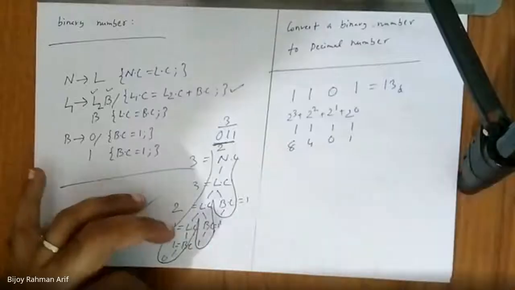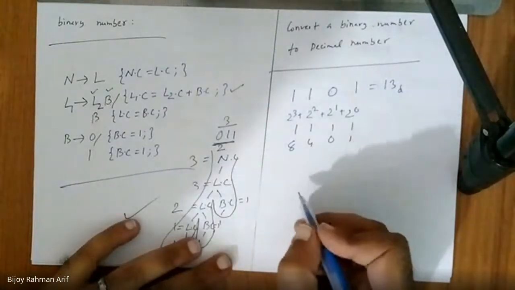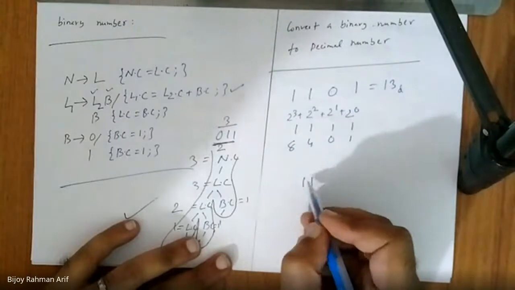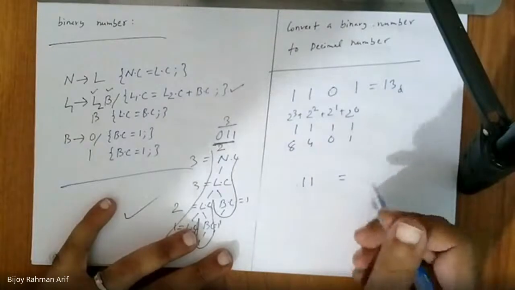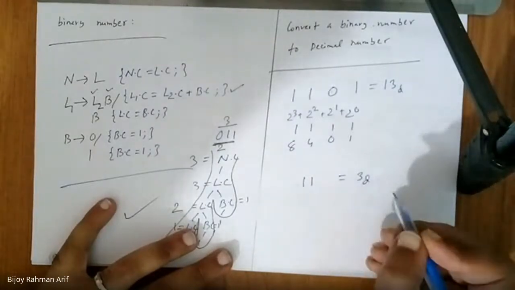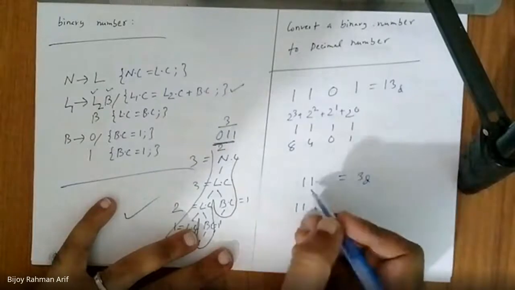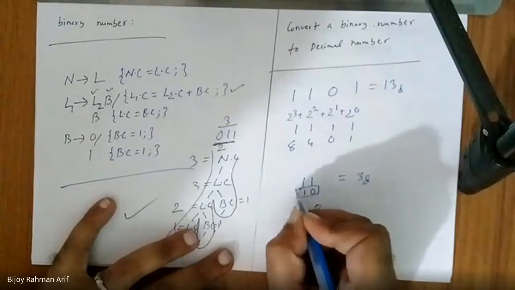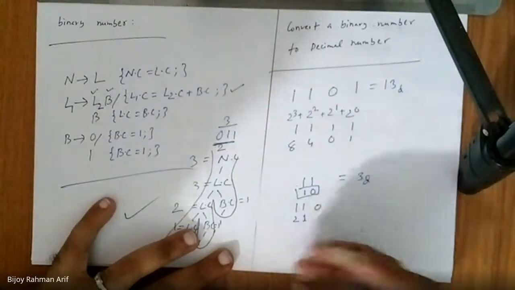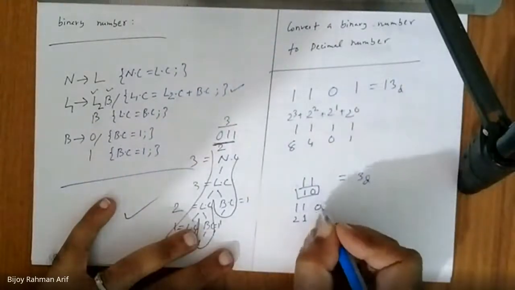Is there any other simpler way? Let's assume I somehow know one one's equivalent decimal. What is one one's equivalent decimal? 3, right? Yes, sir. Now if I put a 0 here, making it 110, what is the equivalent decimal? Right now the position is 0, 1. Now this one becomes 1, this one becomes 2. That means everything is shifted to the left. Then we add whatever value of it.